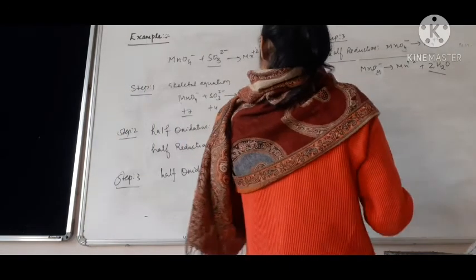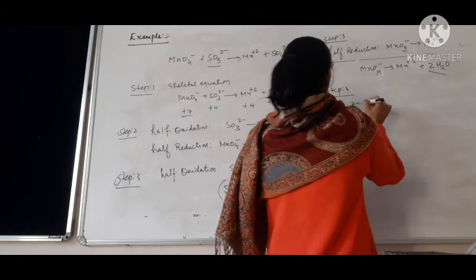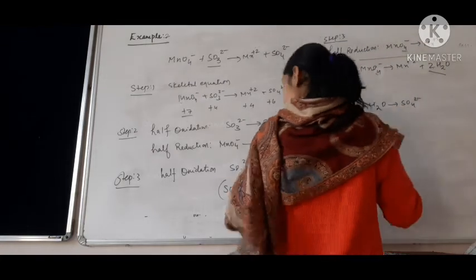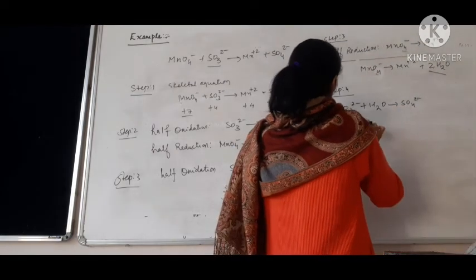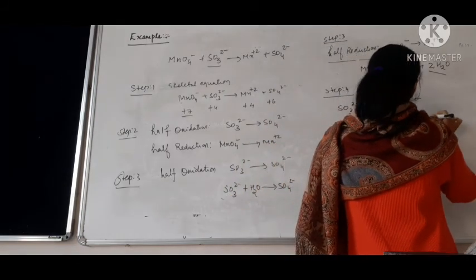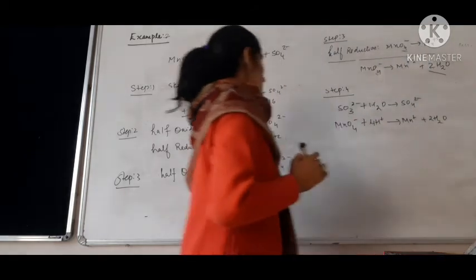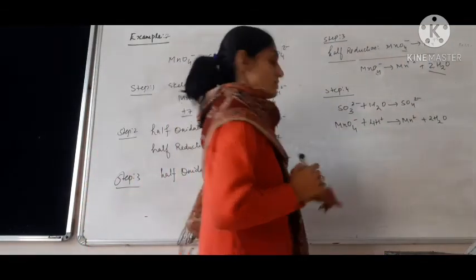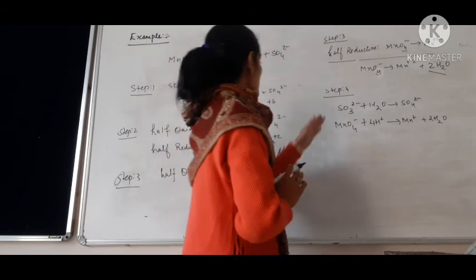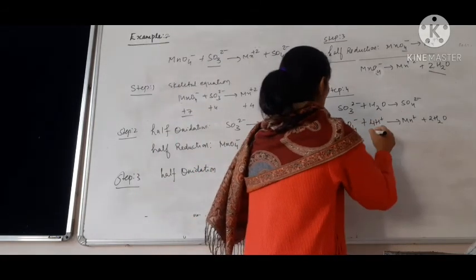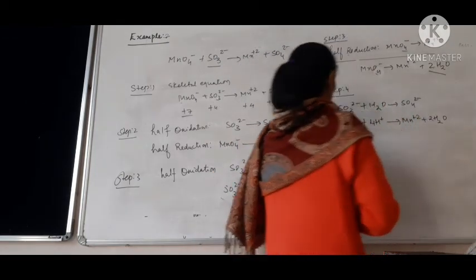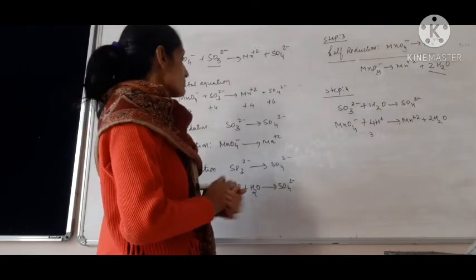So in step 4, we have written SO3 2 minus plus H2O, which gives SO4 minus 2 over here. And for MnO4 minus, the manganate ion, plus 4H plus, which gives Mn plus 2 plus 2H2O. Now we check the overall charge. On one side we don't need any electron, but here minus 1 plus 4 gives a net charge of 3, and here we have Mn plus 2, so we are adding 3 electrons on this side.